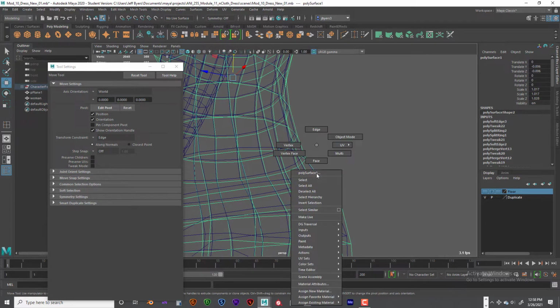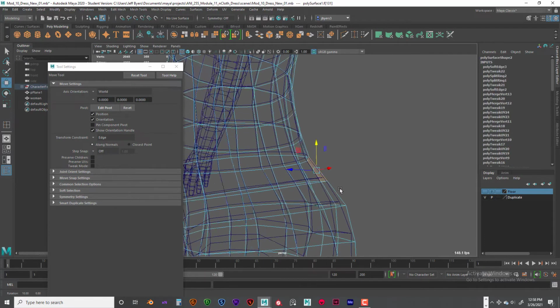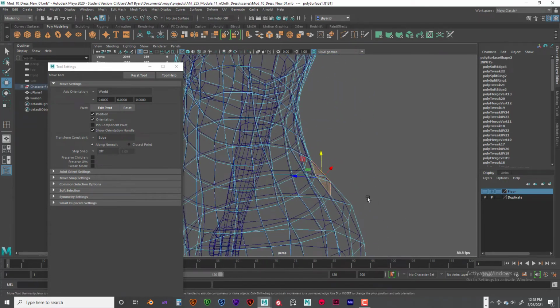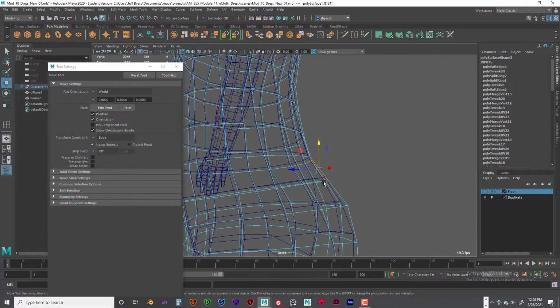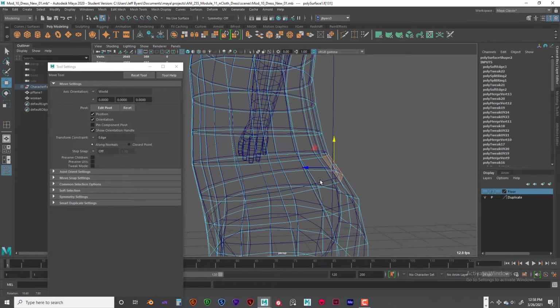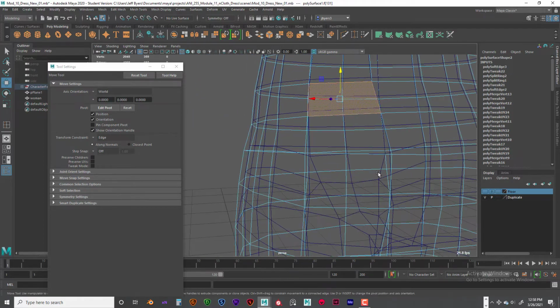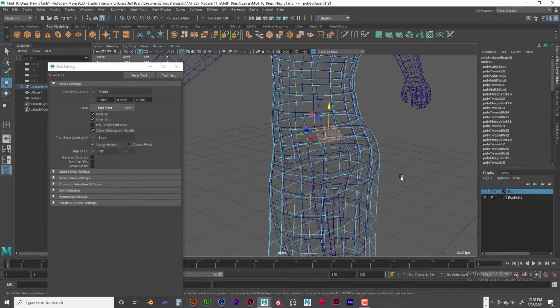So I'm gonna select that face right there. That's really close, and when you move around you can kind of see it at different angles. Okay, that's really, really close. So that might be a problem right there. So I've marked it,